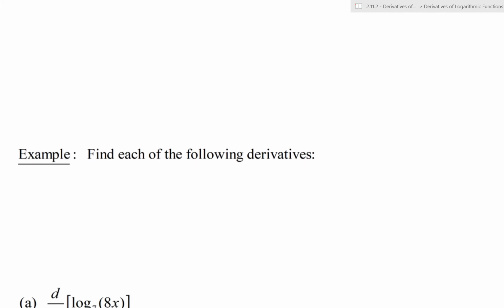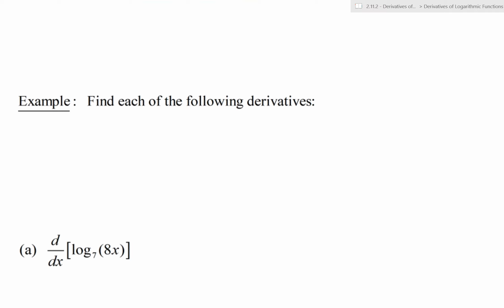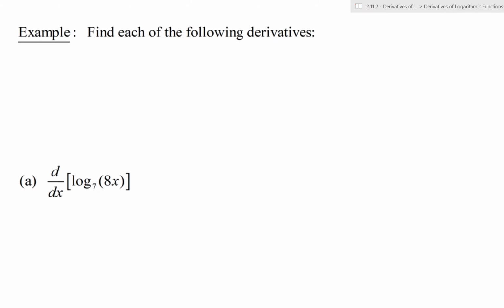Let's just find a few derivatives here. All right, first one. Let's find the derivative of log base 7 of 8x with respect to x. So that is technically a chain rule situation, in which the inner function is 8x. If I differentiate that with respect to x, I get 8. And then times the derivative of the outer